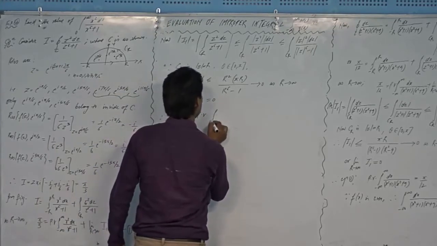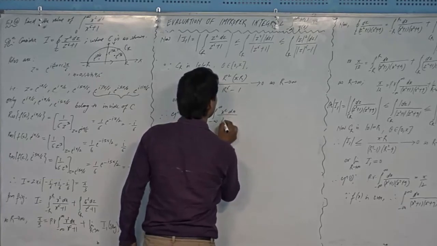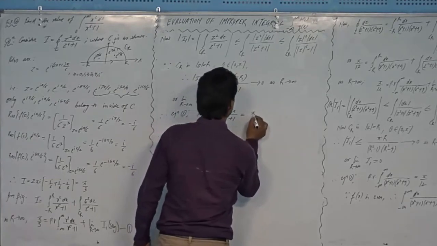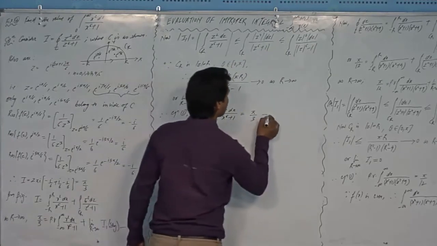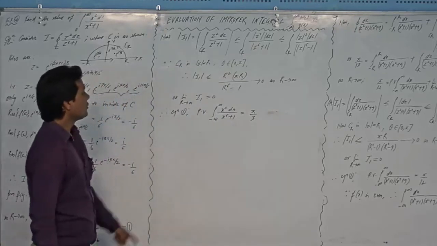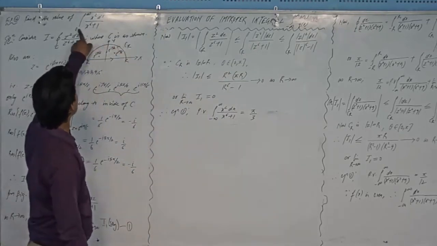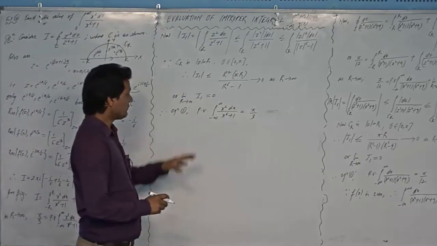The principal value of the integral from minus infinity to infinity of x square dx over x to the power 6 plus 1 is equal to pi over 3, plus 0, right? Okay, fine. But the original integral was from 0 to infinity, not this minus infinity to infinity, right? First I will use that